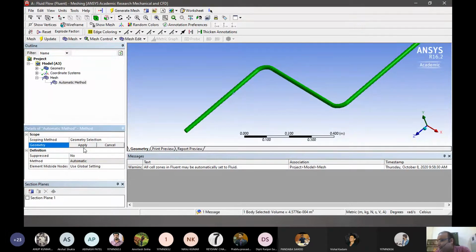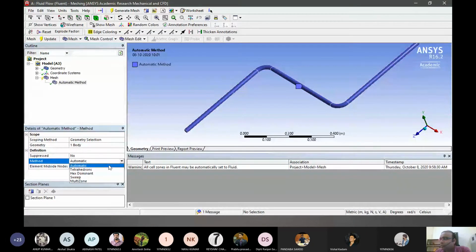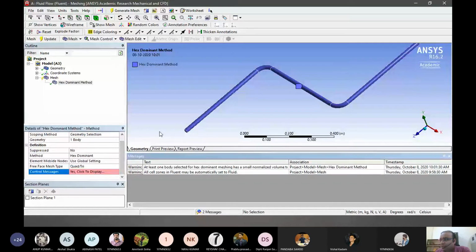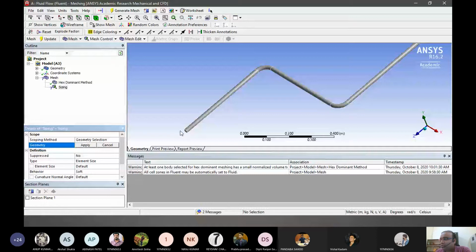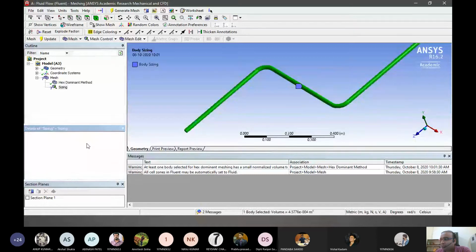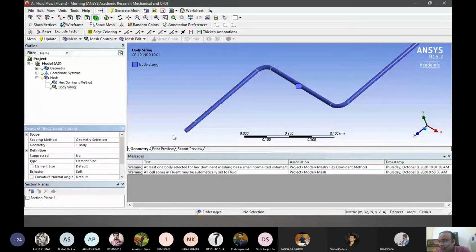Okay, that is okay. And one more thing, we will define how much sizing we want. First we have to select the geometry, because the cross section is already 2 centimeters. So what we'll do is we'll keep it as what it is, or we can even increase it to 0.5 mm or 0.2 mm.